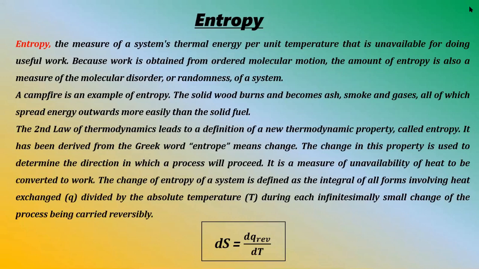Here comes the first topic, and it is nothing but entropy. Enthalpy you have studied, and there we also discussed entropy. So what is the basic meaning of the word entropy? Entropy means randomness of a system. It is the measure of randomness that is associated with a particular system.